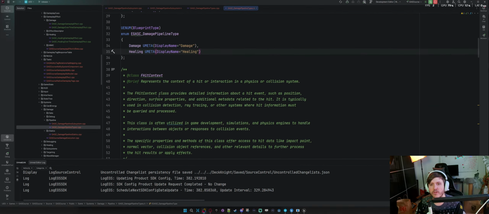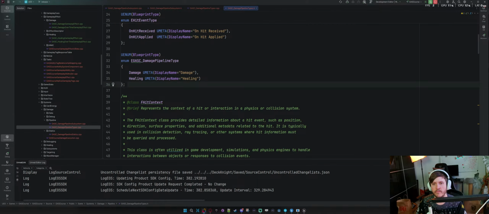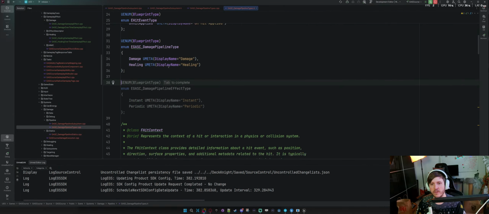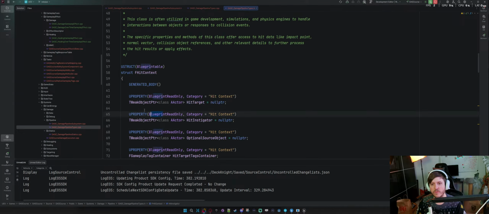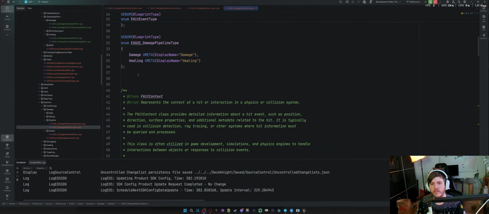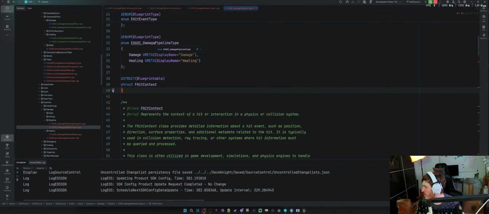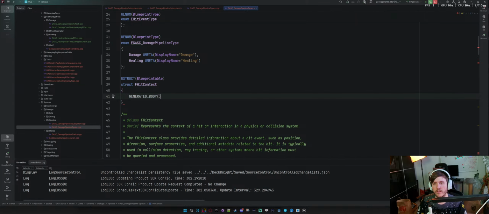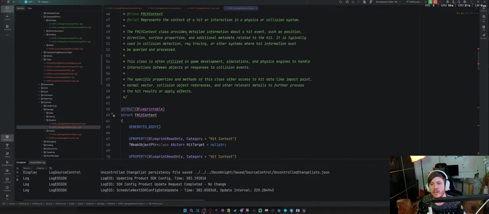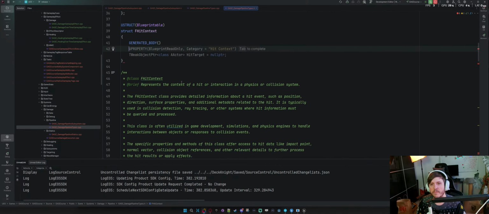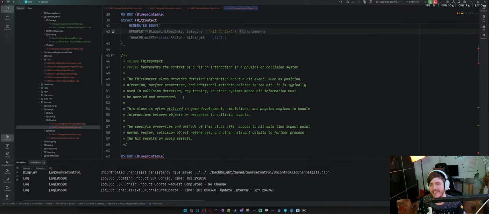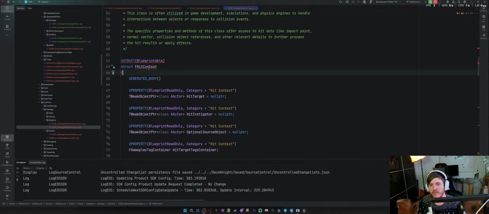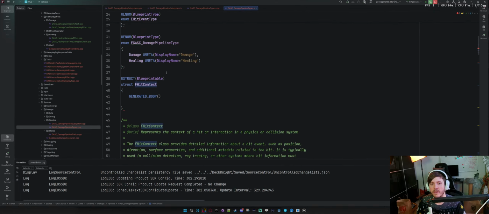Then I need to do a new struct as well. I wonder how I can blend them together. And generated body. I want to get the hit context, but it's literally just going to be F hit context, right?